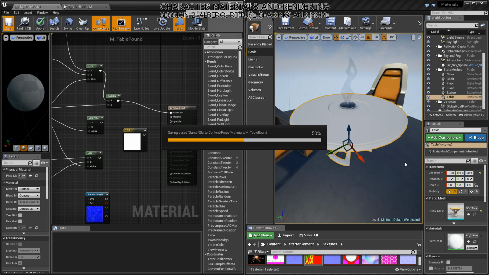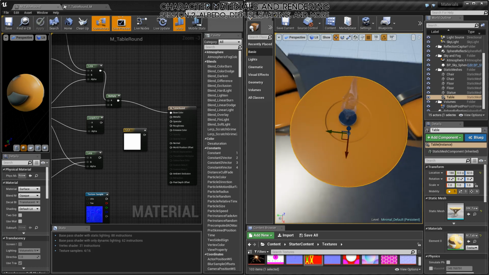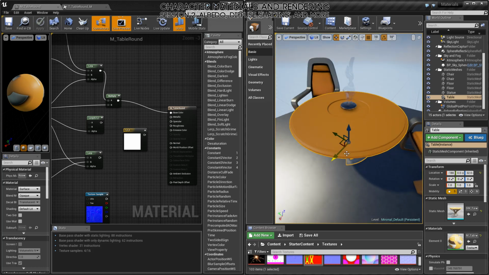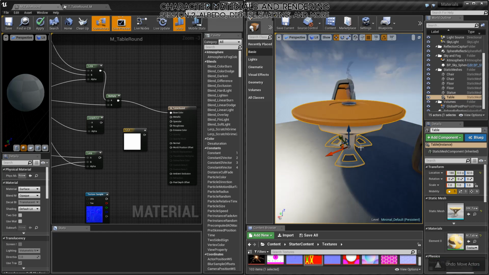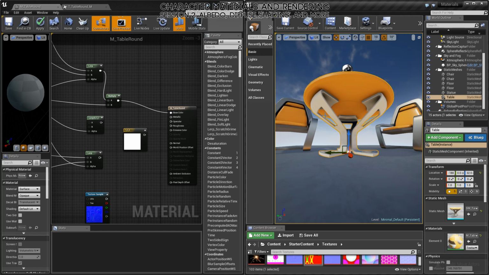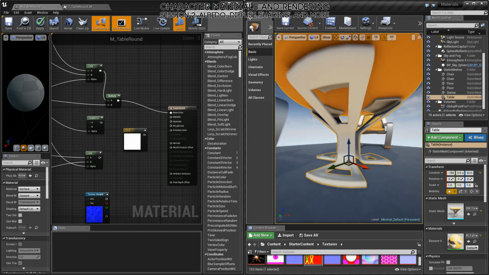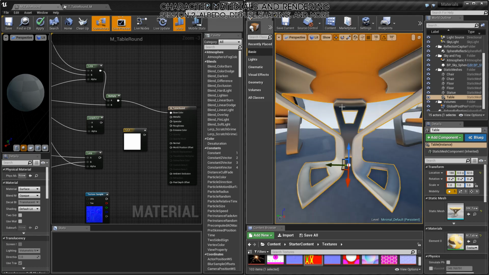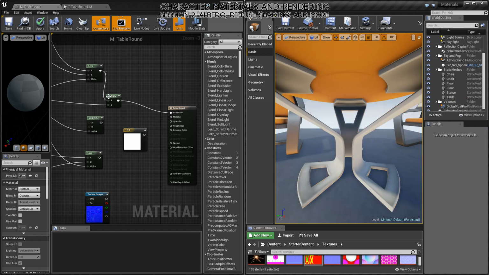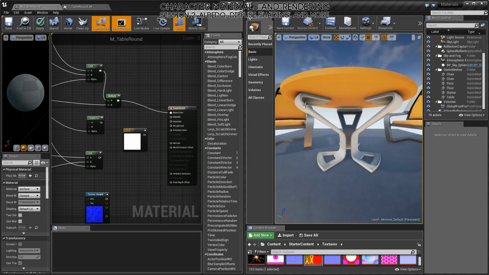And once it's done, you'll see that parts of this table are orange and parts of it are a light gray. They'll actually look very similar to these chairs over here. Here we go. So you can see that the top of the table is orange. The legs are gray, and using the multiply layer, kind of like in Photoshop, or the multiply node, it multiplied the ambient occlusion onto the